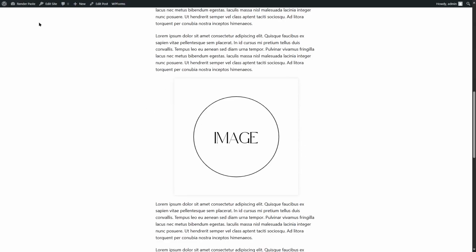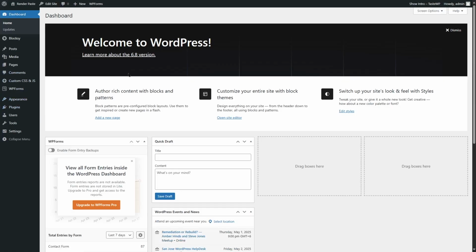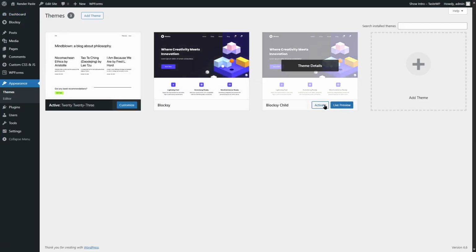So our code worked. Now this is normally the preferred way, because if you use the theme customization section and you switch to another theme, all your custom CSS code will be gone. And now there's another way to add your CSS code, and that is through the theme file editor. Now let me show you what I mean. If we go to themes and select Blocksy again,